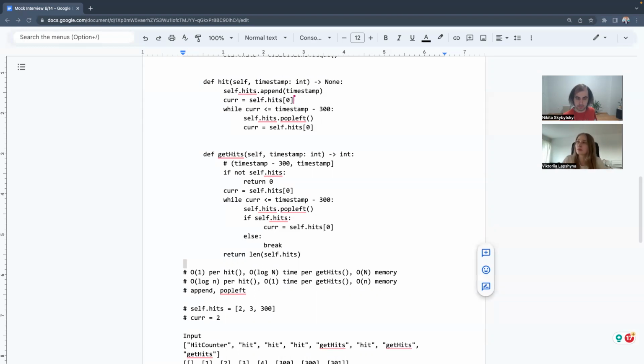Let me think what we should do with the remaining time. I think it doesn't really matter how we do this part. I have a more serious concern about this sync and then this sync.